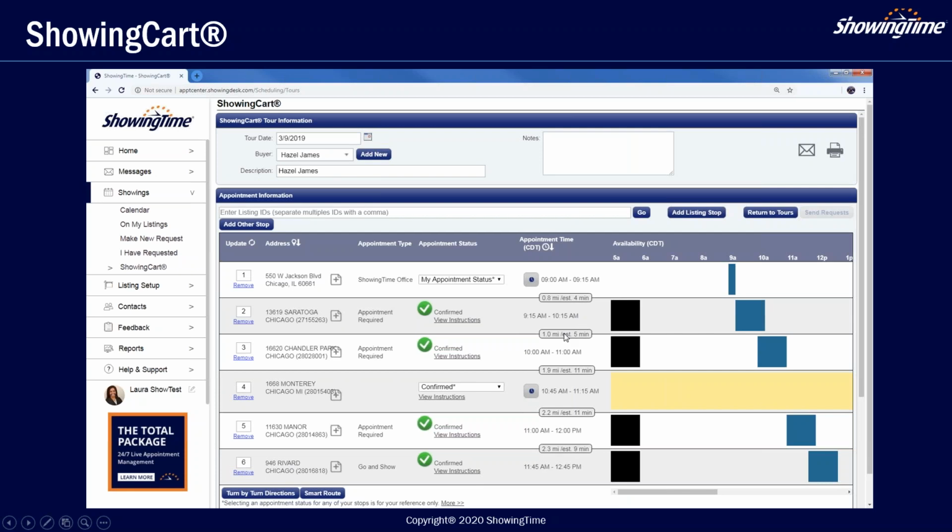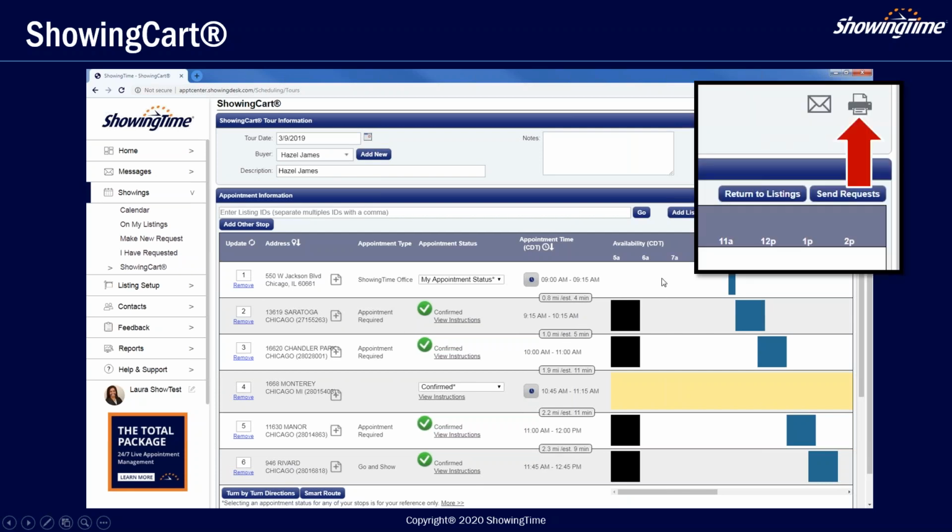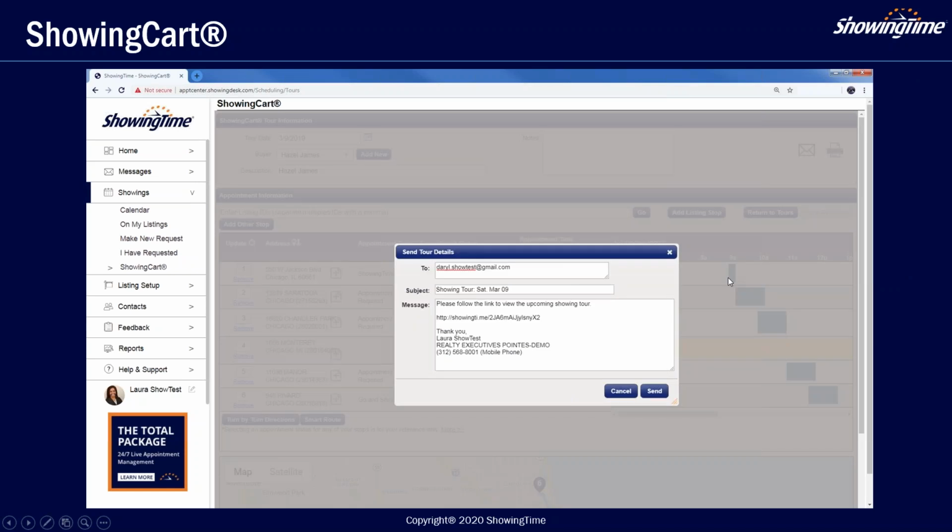All right, in this example cart that we are working on, all the appointments have been confirmed. And here's how you can send a nice summary off to your buyer. You can certainly print this if you'd like. There is a buyer and an agent version. We definitely recommend sending this to your buyer by email. It's going to send them a nice electronic version that they can open on their mobile device and get driving directions as well. So when you click on that email envelope icon, you're going to see this window here, which